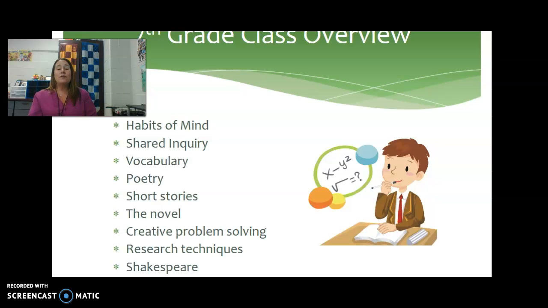We will still do some creative problem solving just like last year, big real world problems, and of course you will have your opportunity to research and find a topic of interest just like you did in 6th grade, only we're taking it to the next level. And this year, guys, you're doing all of your research and recording all of your research online using Noodle Tools, which is new to 7th grade this year.